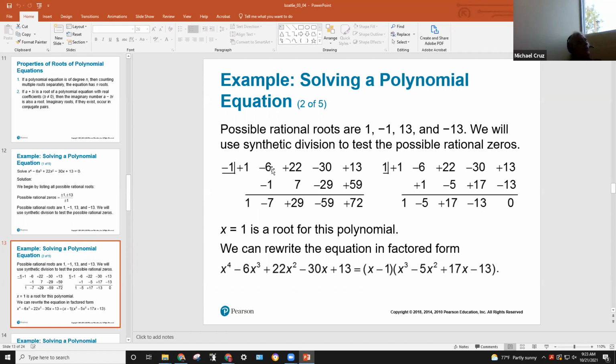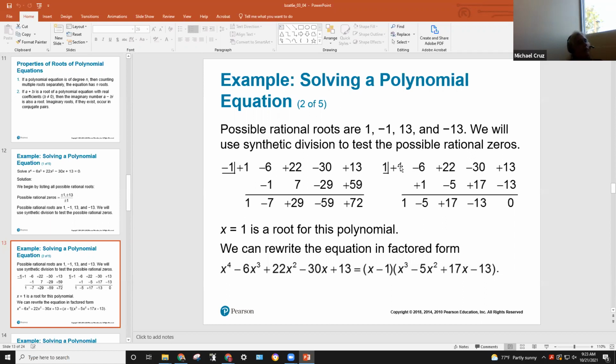-1. So remember, here are the coefficients of the cubic. So bring down the 1. -1 times 1 is -1. -6 plus -1 is -7. -1 times -7 is 7. And then 22 and 7 is 29. -1 times 29 is -29. Add that up, -59, so it's obviously not 0. So that's not one of them. But on the next one,